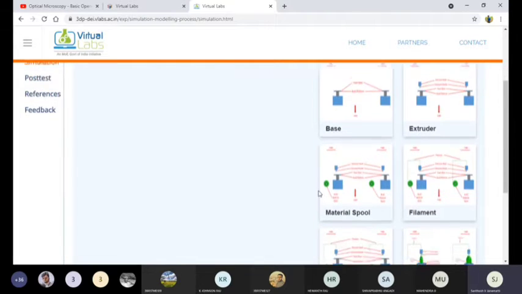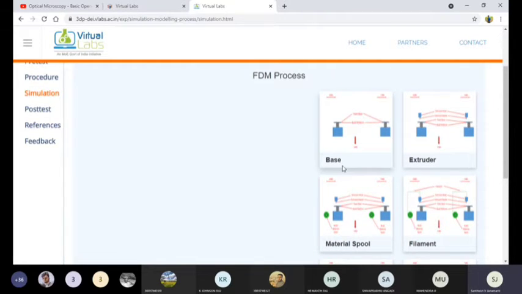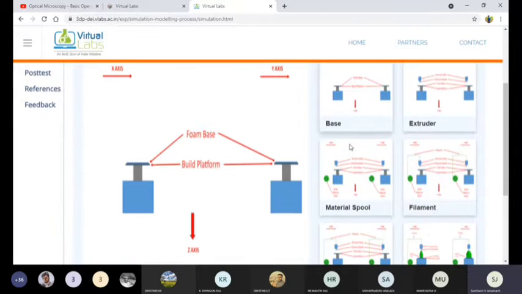Now, as per the procedure, we can go ahead one by one. Base. Once we click on the base button, what happens? See, now I am pressing the base, and we can all see the base.